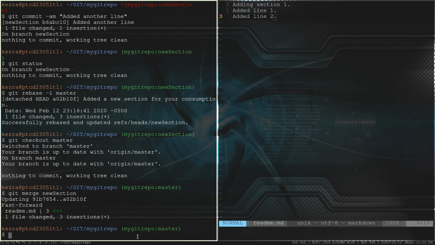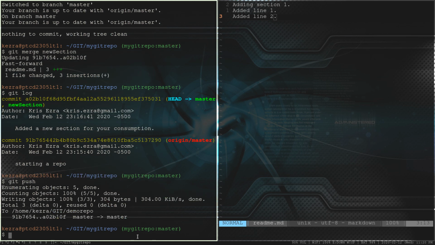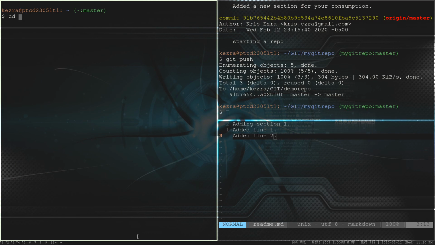So now if I look at the diff here, it says, hey, you made 3 new line changes. I look at the log, it says, oh, there was a starting repo, and then somebody made a new section. So all that stuff that I did, intermediate changes, I decided I wanted to try a thing, and then I didn't use it. It's all very clean, and I can see exactly what's there. I can go look and I can push that up for everybody to use, so that if I made another repository, let's say, I've got to check out,